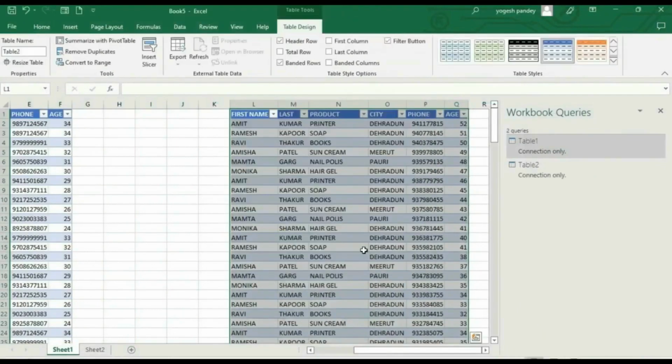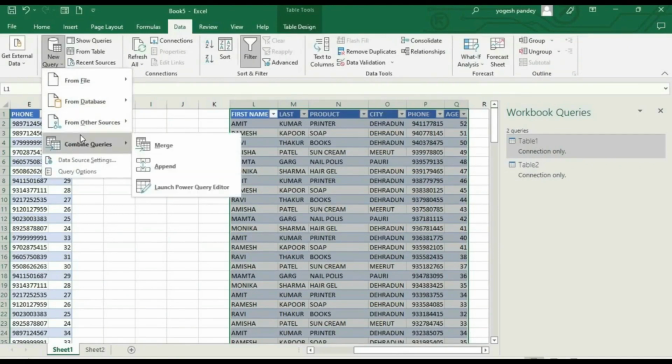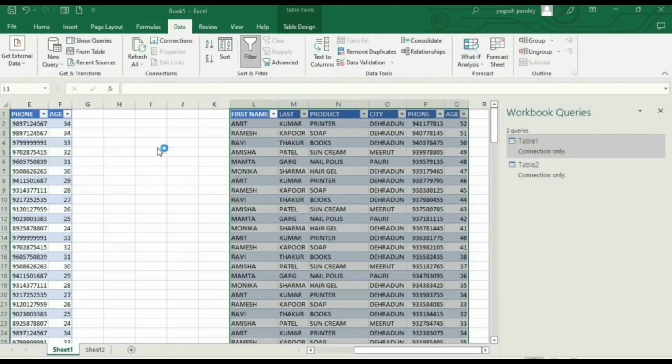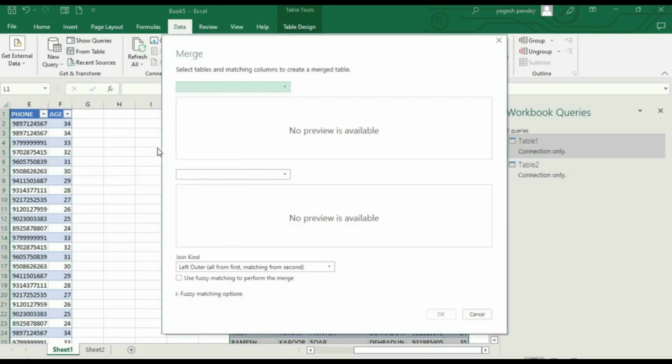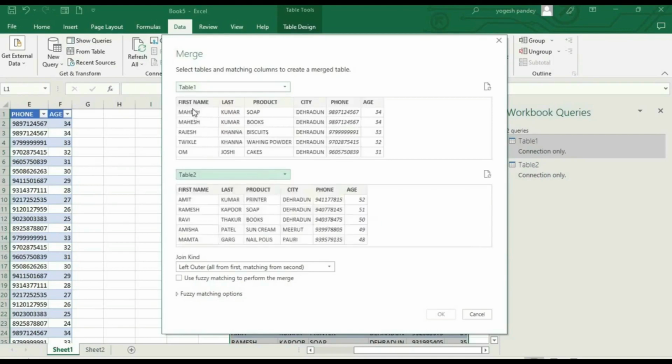So now we have two tables connected, and what we need to do is go to the Data tab here again, and from New Query we will go to Combine Queries and Merge. After clicking on Merge, a new window will appear, and from here we have to take table 1, and from here we have to take table 2. So we have taken both tables, and we select each column of the table one by one. First this, second this, like